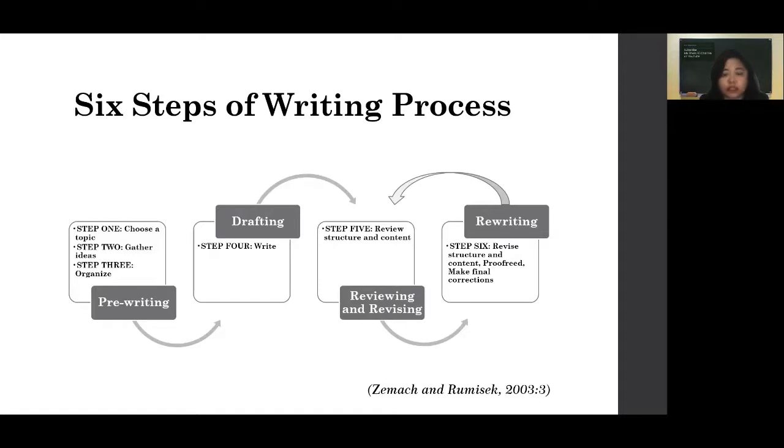Do free writing. Write all of the ideas based on the organization you have made, so you have already organized it. Just write it down, every sentence, until you have your writing. Don't think